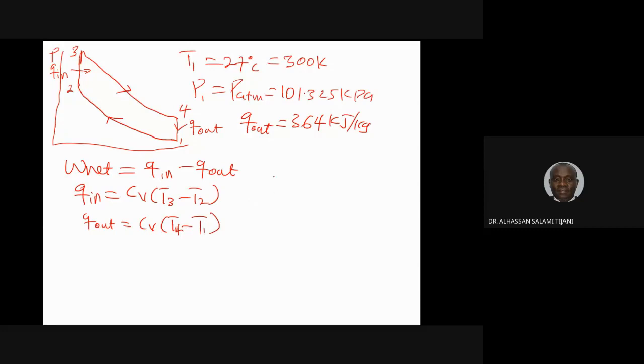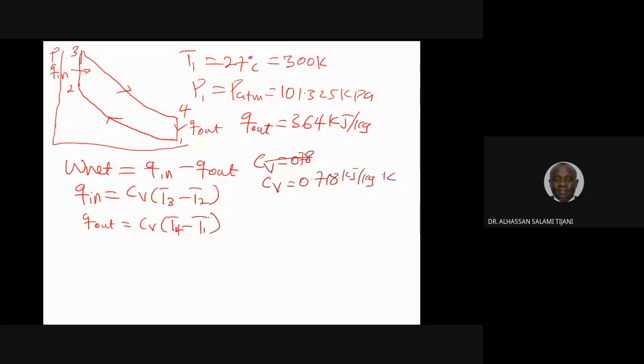Okay, so CV for air is given by 0.718. CV equals 0.718 kilojoules per kilogram per Kelvin. So that's the value for CV, right? Now,